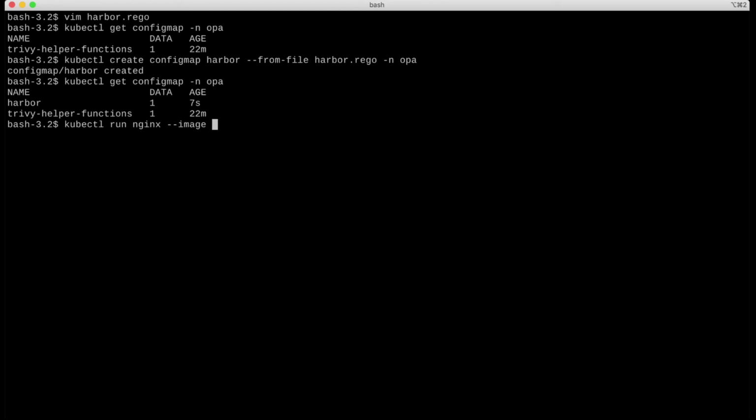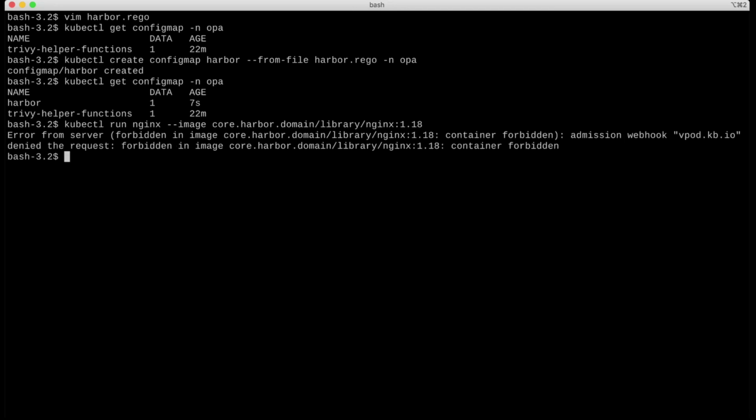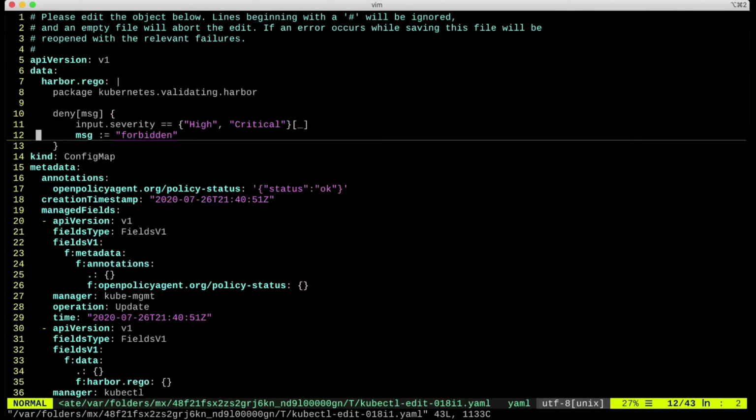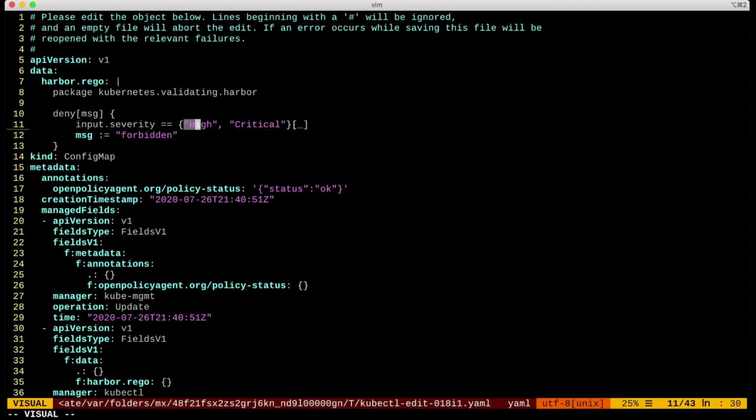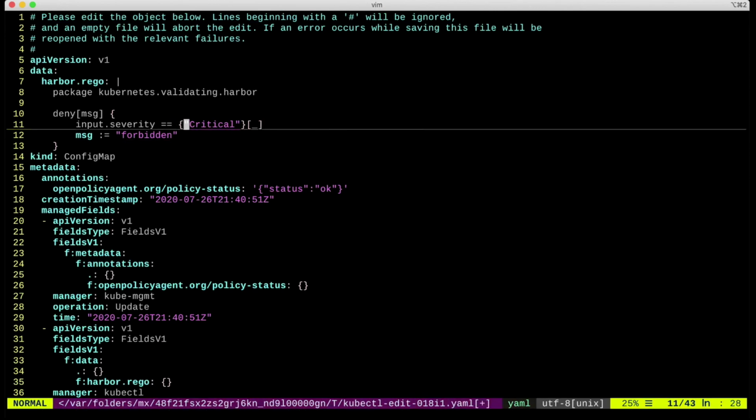So in this case, I'm using core.harbor.domain/library/nginx:1.18. But it was rejected because, as you know, this image has a high severity vulnerability. So this image violates the policy. So modify the policy to allow high severity. Okay, so let's remove high severity from the policy,